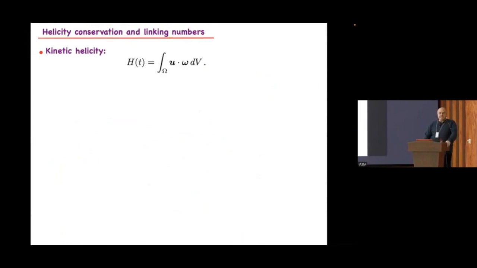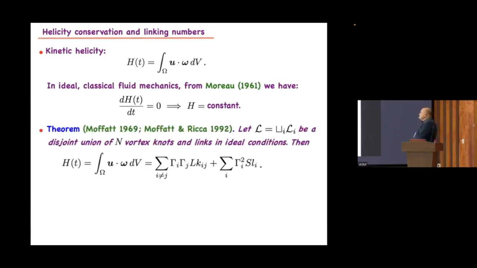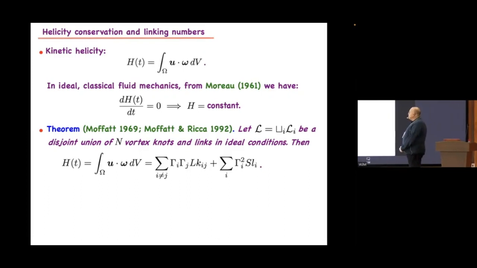All right, so helicity. We start with the classical definition of helicity, and all of you know this, it is u dot omega on the domain where vorticity is defined, and the fact that it is a conserved quantity in the ideal case is a well-known fact that resides in Moreau's work of 1961. Then, as you all know, Keith Moffatt made a fundamental contribution in interpreting this conserved quantity in terms of linking number, and then I joined the project in defining a kind of correction or completion to this formula.